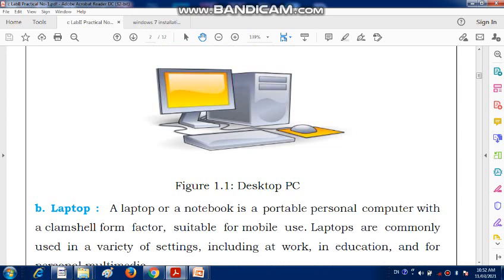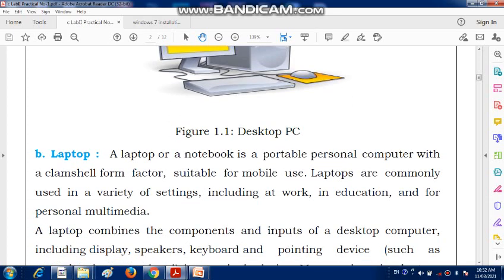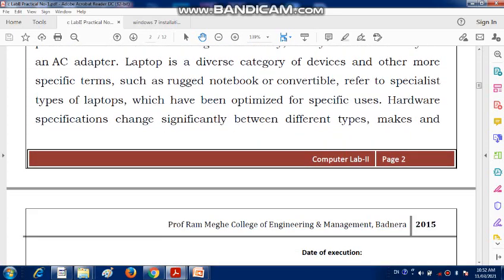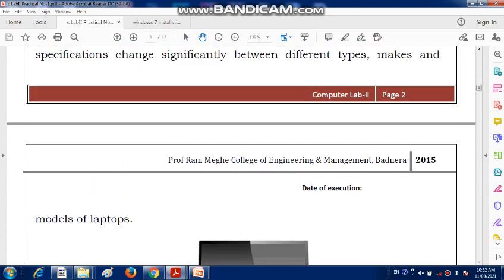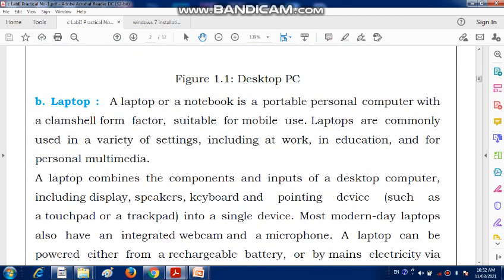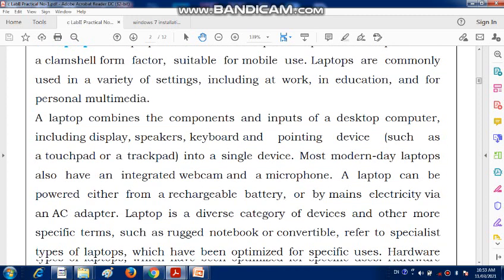After that, the second type is the laptop. Laptops are normally used for general purposes. We also call the laptop a notebook. It is a portable personal computer with a clamshell form factor, suitable for mobile use. A laptop is commonly used in a variety of settings, including work, education, and personal multimedia.